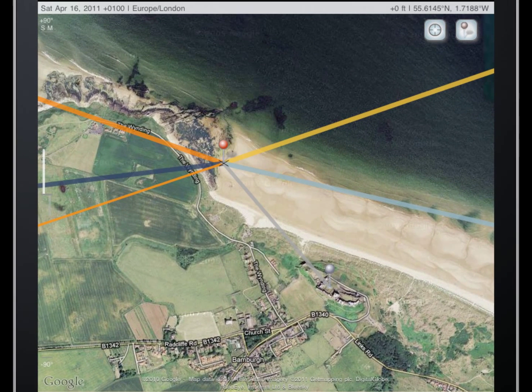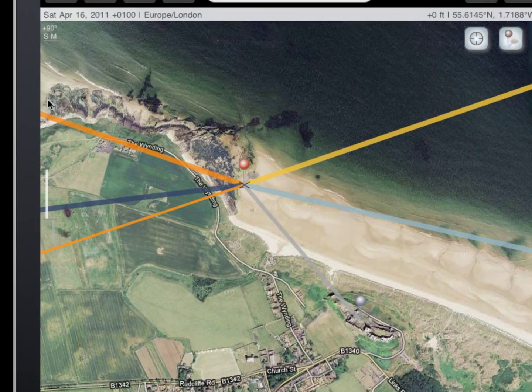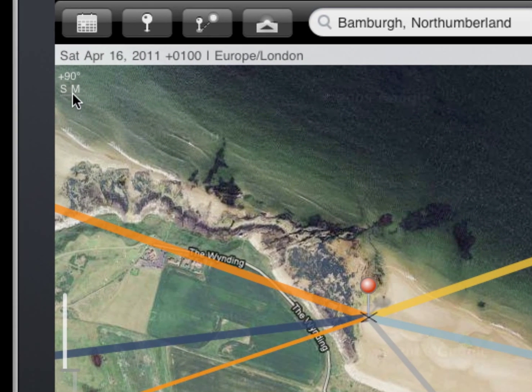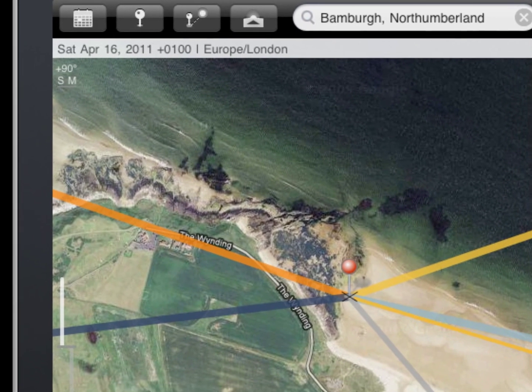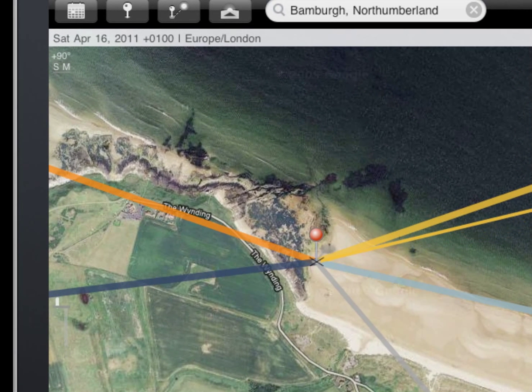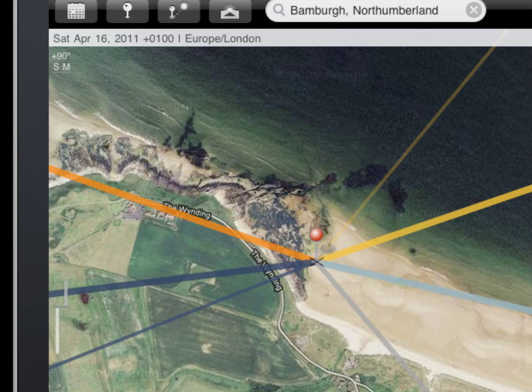You'll also notice here on the left the altitude indicators, and they go from plus 90 degrees to minus 90 degrees, sun on the left, moon on the right. Just watch those as I drag through the day. You'll see there's the altitude of the sun increasing. Middle of the day is at its peak, and then it starts to decline as we reverse back towards sunrise. Before sunrise it's below the horizon,